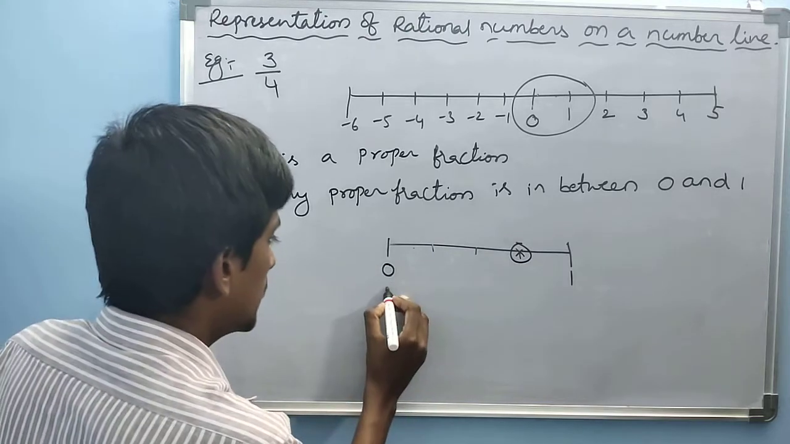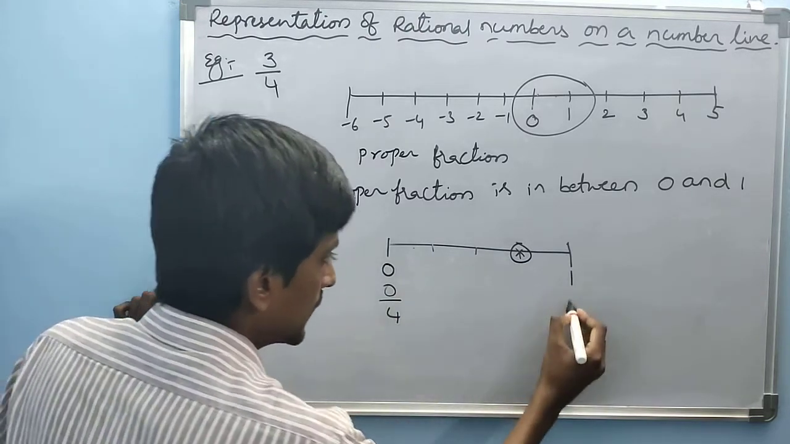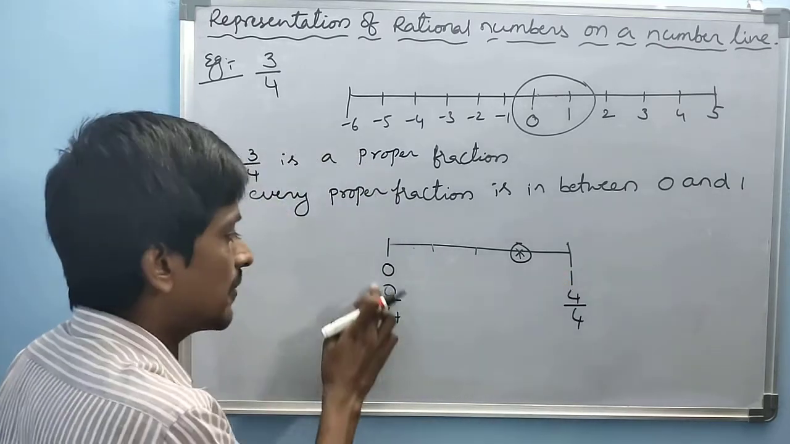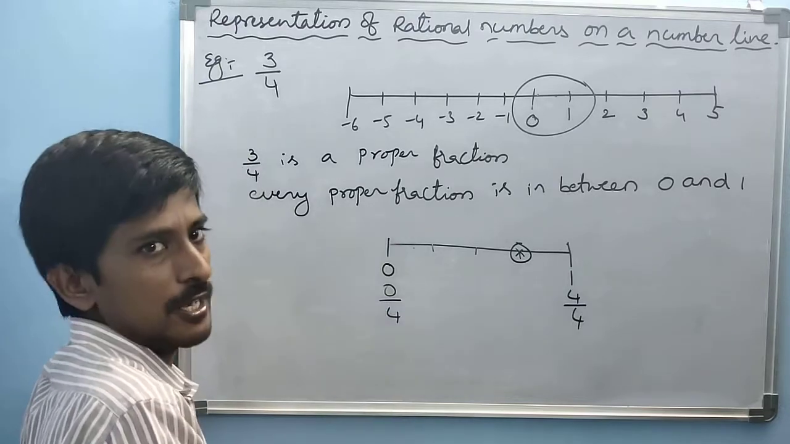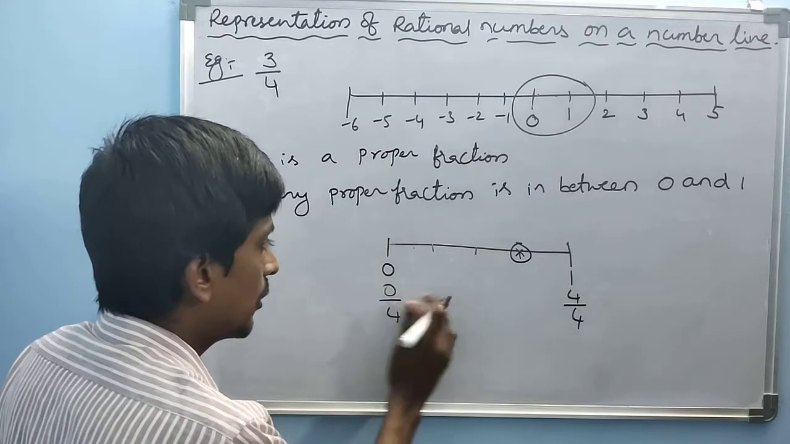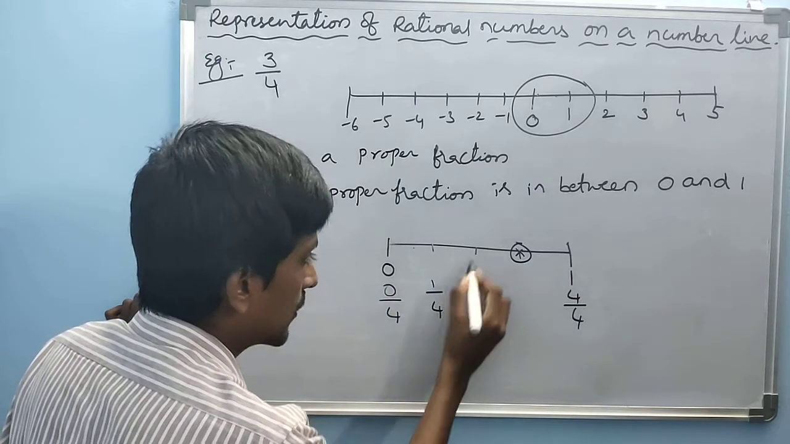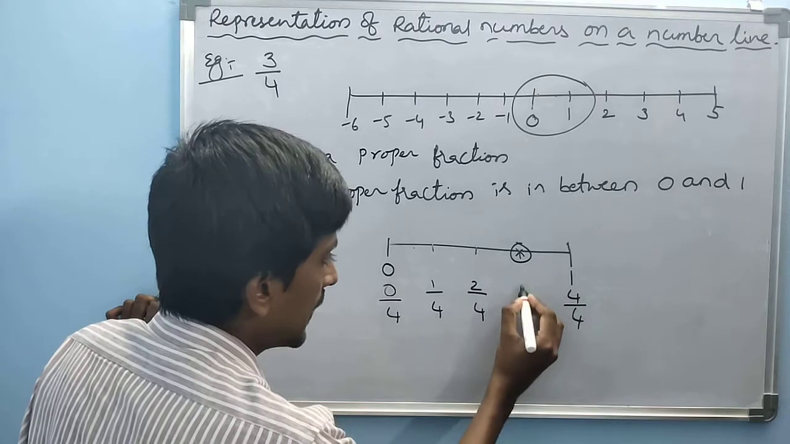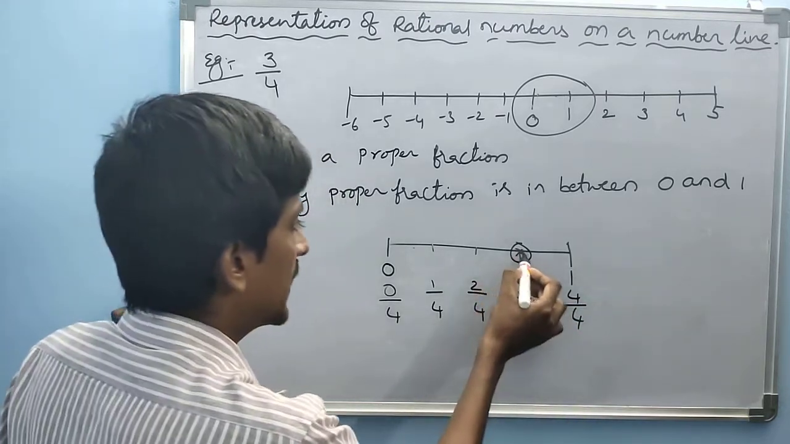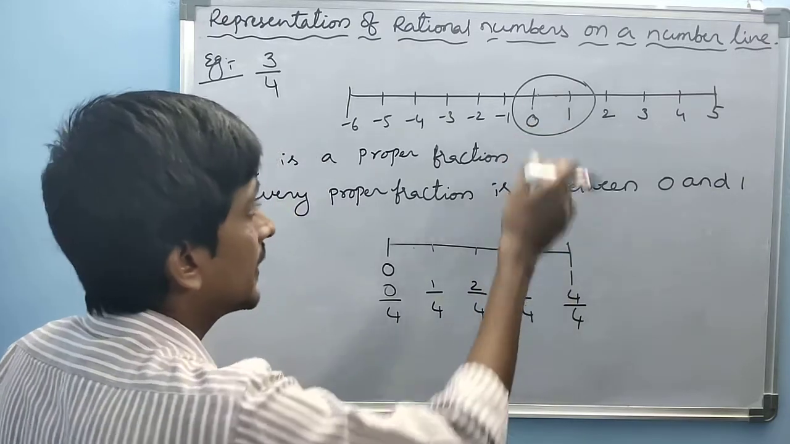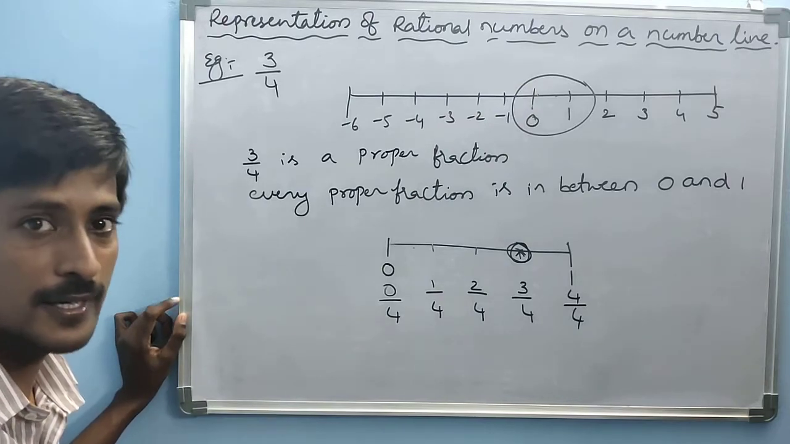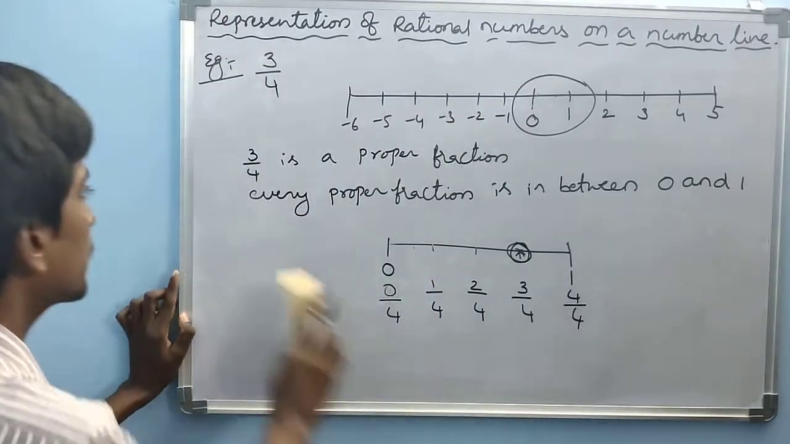Okay. So, 0 by 4, this can be written as 4 by 4. 4 by 4 means 1. 0 by 4 means 0, since 0 by anything equals 0. Now, these two are like fractions. So, 0. Next one is 1 by 4. Next one is 2 by 4. Next one is 3 by 4. Next one is 4 by 4. Is it clear? So, here 3 by 4 represents the rational number on a number line. Okay, clear? The next one is,